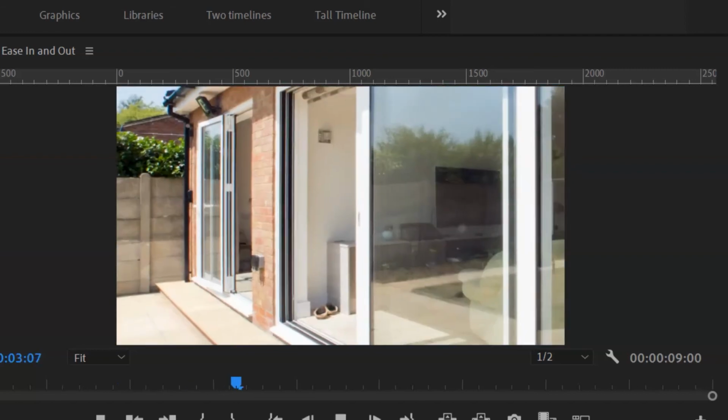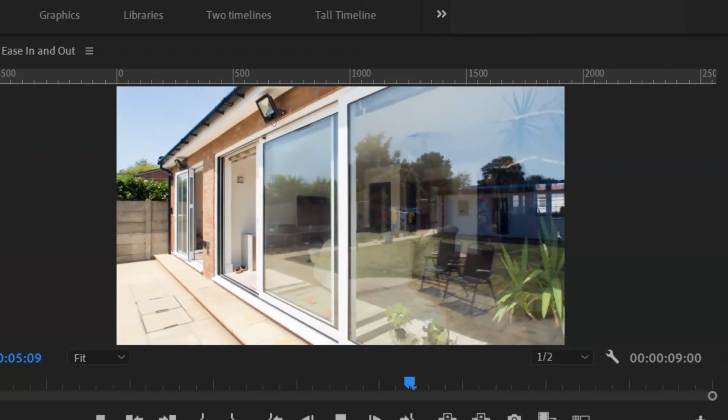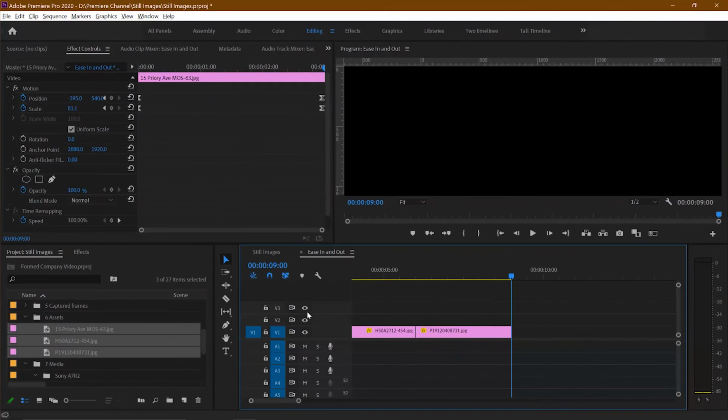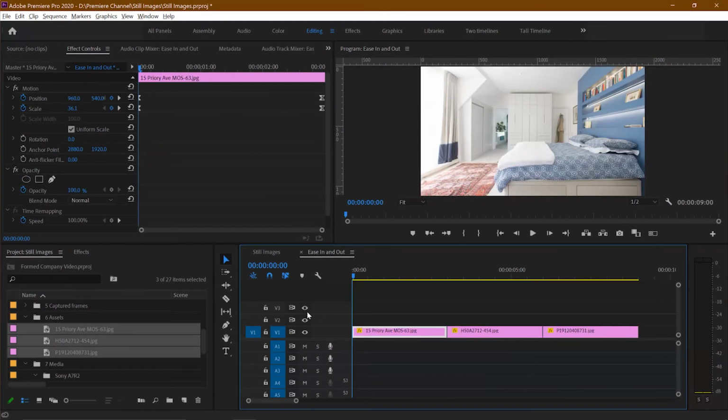Now you see the movement is so much more smooth. It doesn't start off at its normal speed, but it eases into it and eases out of it at the end. Now if you want to make this even better, what we can do here is we can advance,